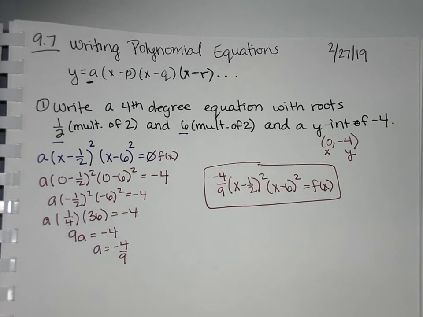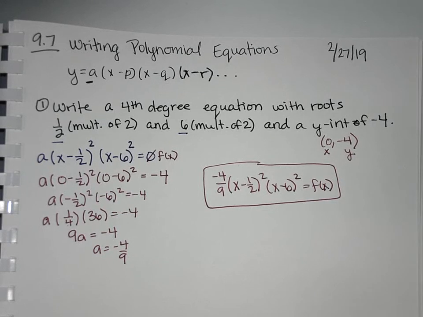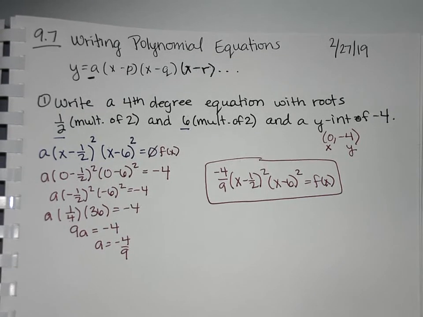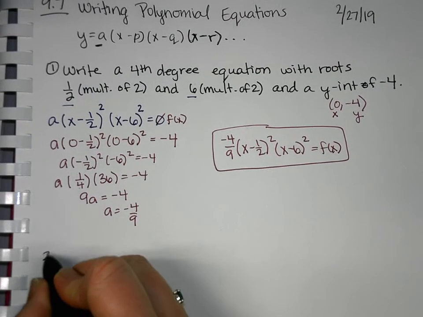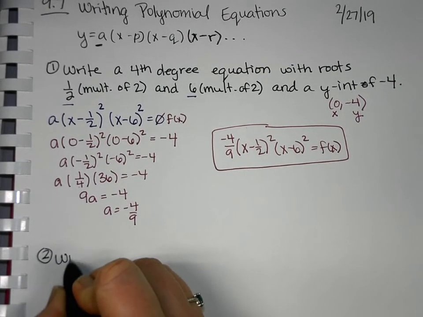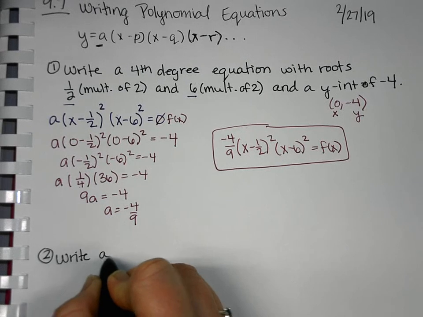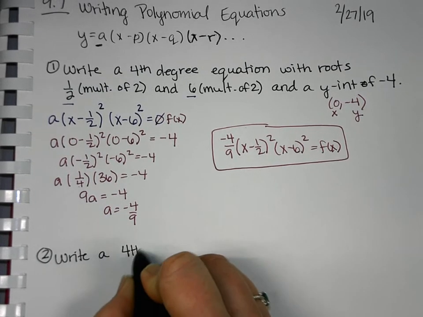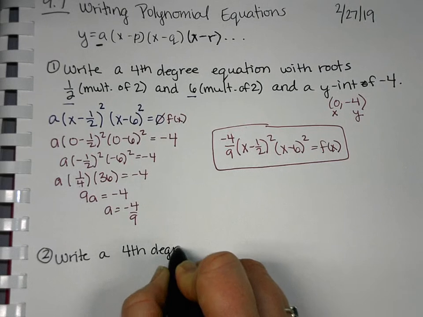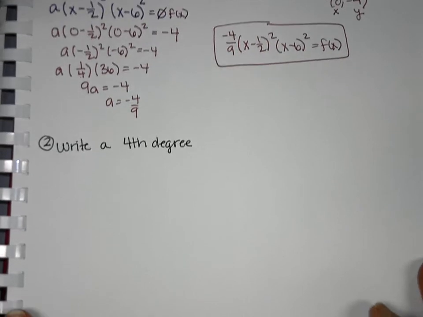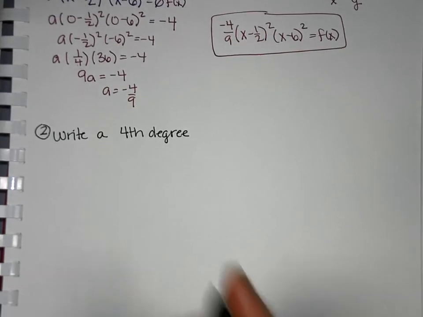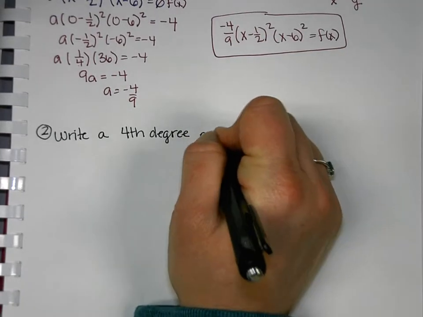Okay, the second one I wanted to do with you today is pretty similar. We're sticking with a 4th degree polynomial. So that means, again, we want to make sure that when we put all of our exponents in together, they come out to 4, because that's how we'll get 4th degree. So we'll write a 4th degree equation